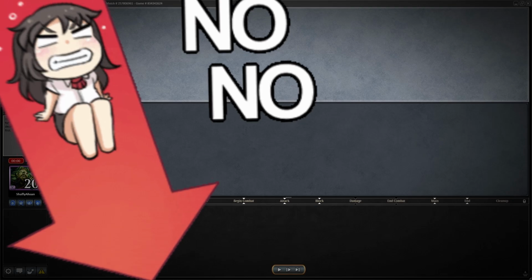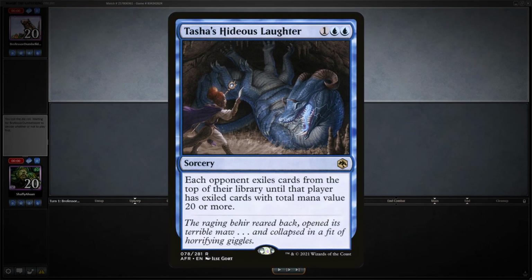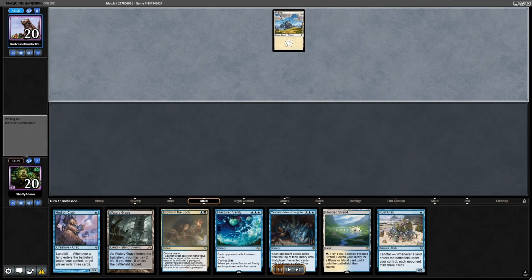This is the type of game where you find out why Mill is absolutely insane. If decks want to play to a lower CMC, we got Tasha's to eat and we are coming to feast. Let's get it. In this game, we start things off on the draw, and I see the makings of a